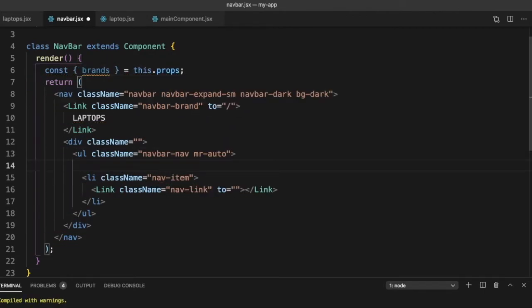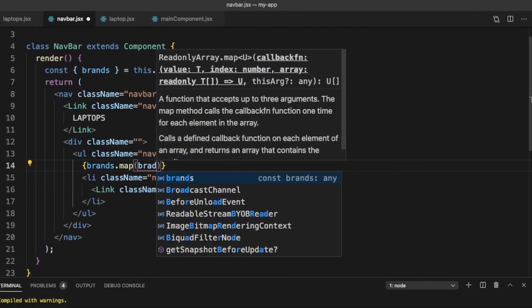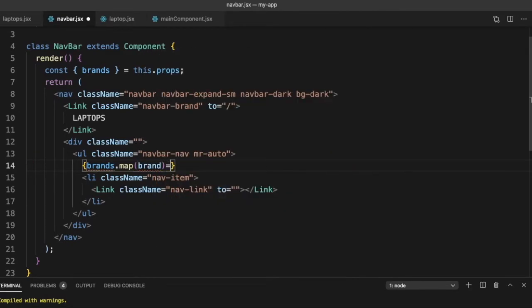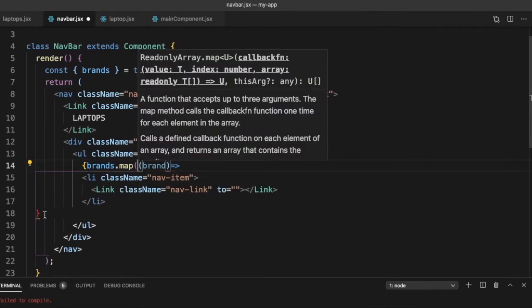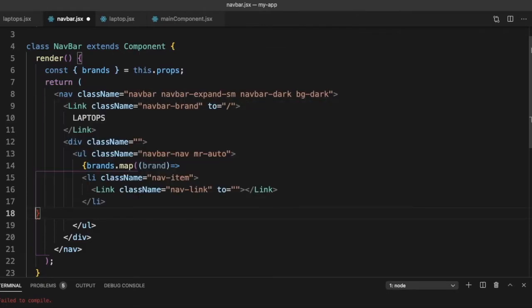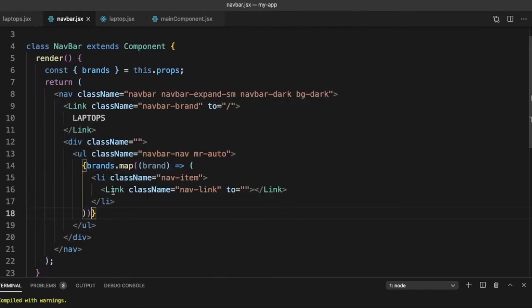Now here let's just put a map. So brands.map, brand goes to, so these LIs will just get generated for every brand.